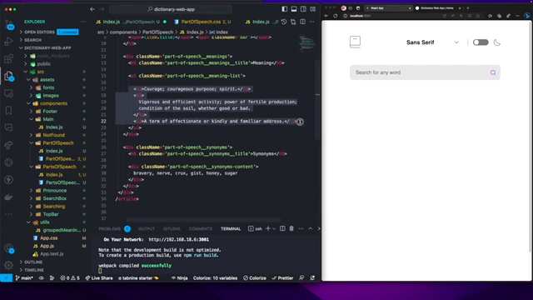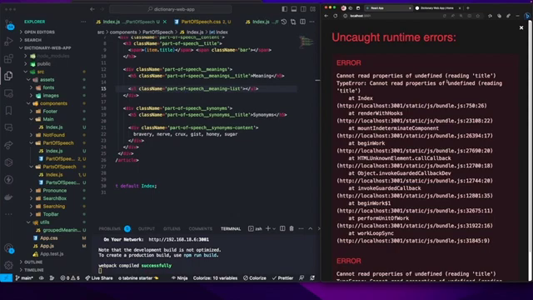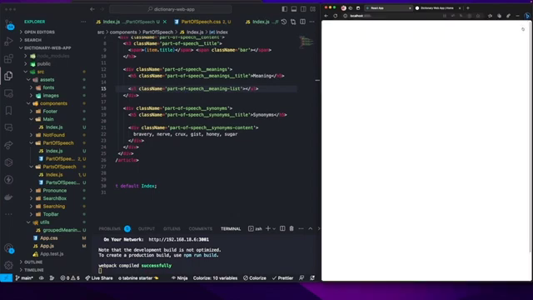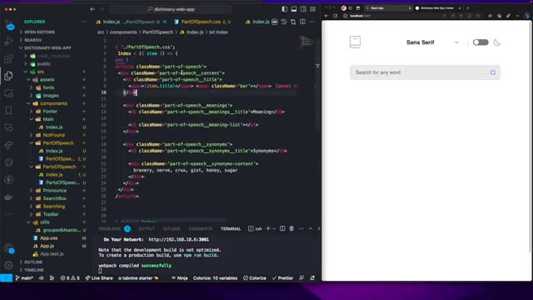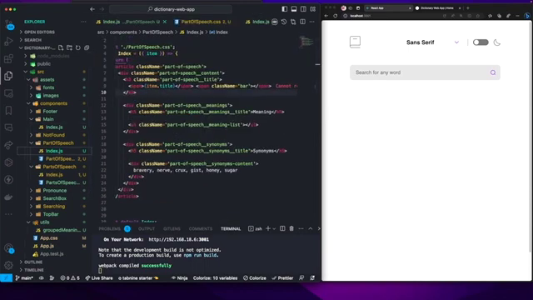So the static list items, we can delete. You can see now, if I put here again "hertz", we're getting an error because it's saying undefined, so we're not actually passing anything to the item. Or maybe if we go to main.js, we'll see something is missing, but let's work on this part of speech